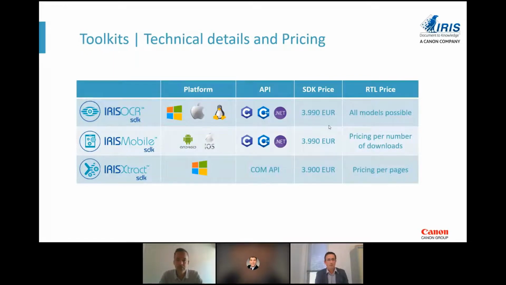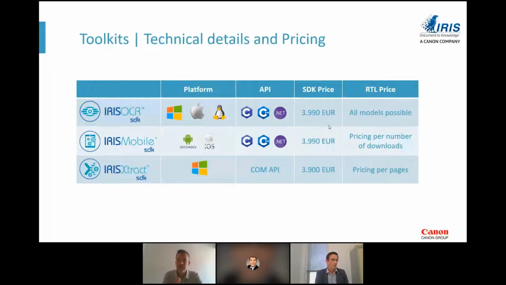And for the runtime license, although we could foresee all models, when we sell it, we usually price it based on the number of downloads. So you would pay a price for up to 10,000 downloads, for example, per year, or if you have a highly downloaded software, it can be up to 100,000, whatever. But we try to fit a model here that makes more sense on mobile devices.